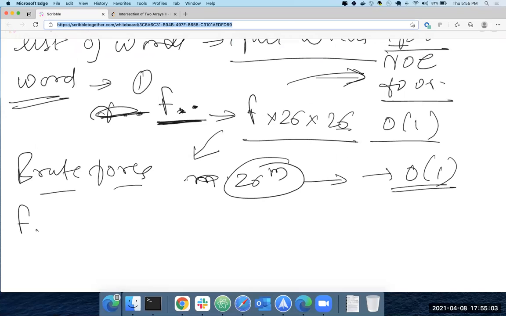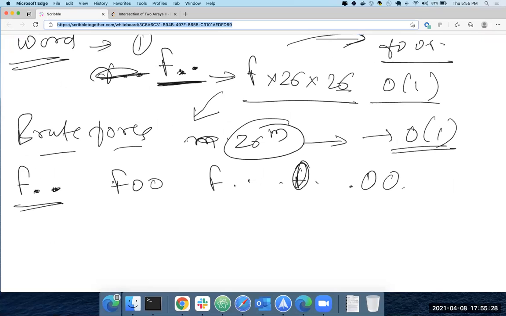So you had F dot O. What if you went into your full words and created all possible patterns? If you had given FOO, you'd create F dot dot, dot O dot, and so on. Yeah, even this is worse then.